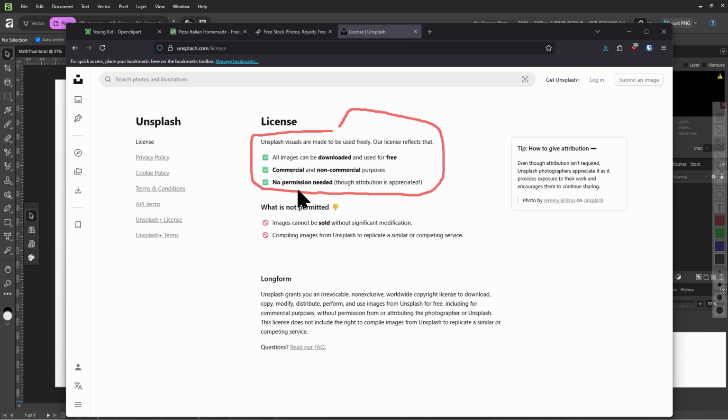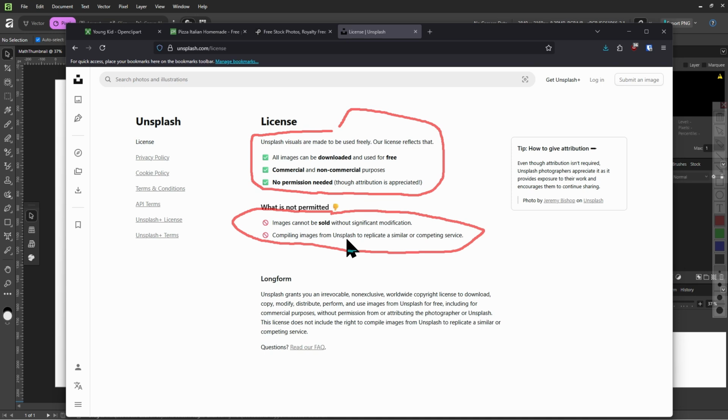And you don't need permission, nor do you need to credit Unsplash, though that's still appreciated. You just can't sell them without significantly modifying them or compiling them to make a website similar to Unsplash.